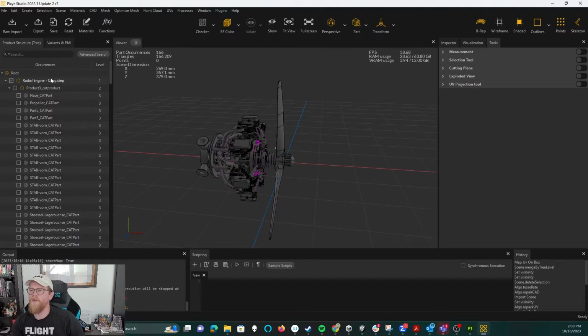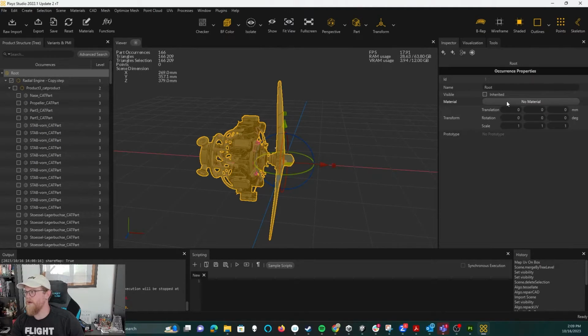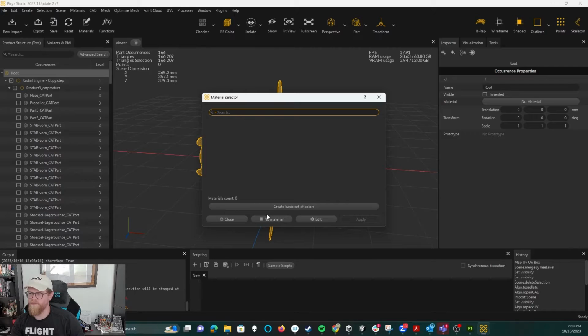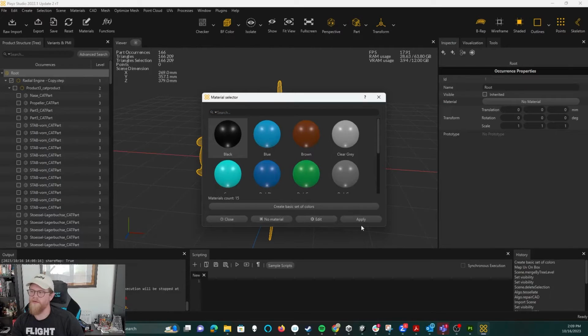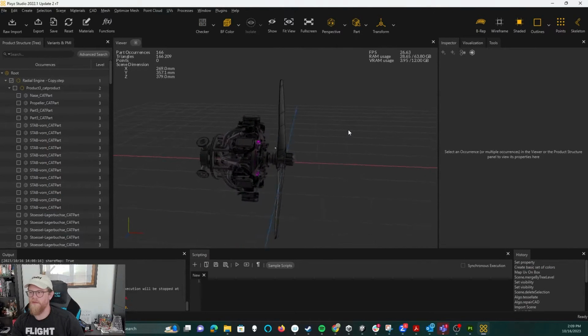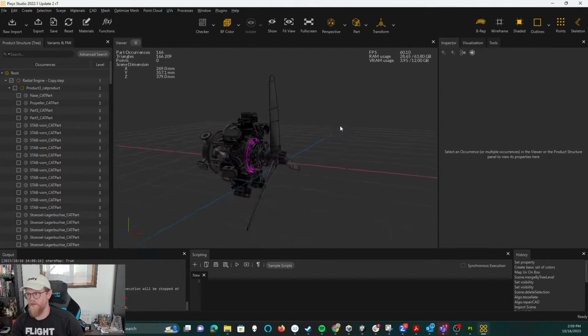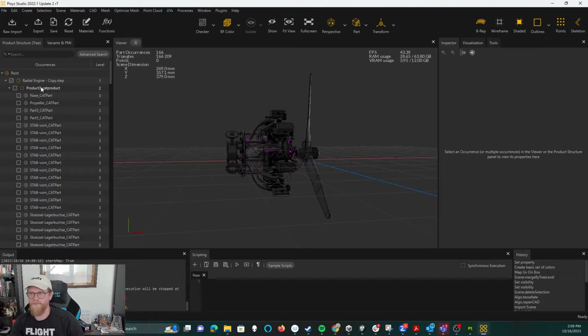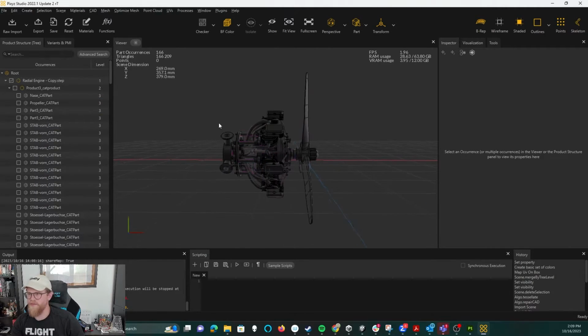So I want a material on everything. There are no materials in here, so let's just get materials on. And everything is black. That's fine. Now what I need to do is to